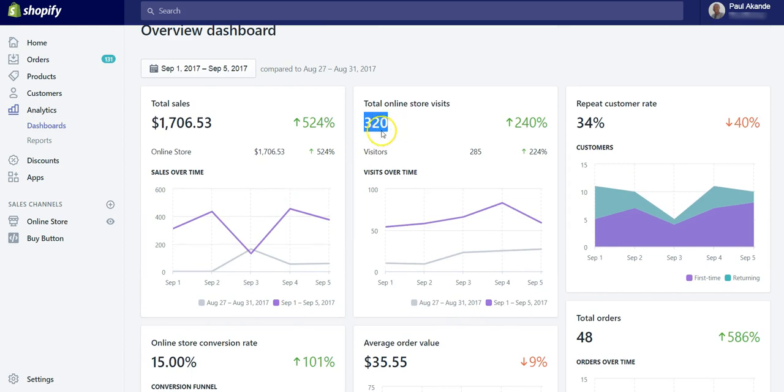Of course, the total number of visits has to do with how aggressive you are driving traffic from Facebook. So by the time I start scaling this up, I'll be aiming for between 300-500 daily visits. So if I can get 500 daily visits, of course, I'll be going over 2K per day. So you can see this is just 320. So if 320 can give me 1,706, imagine what 500 visits will do.